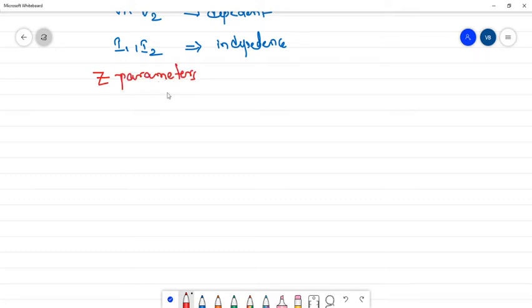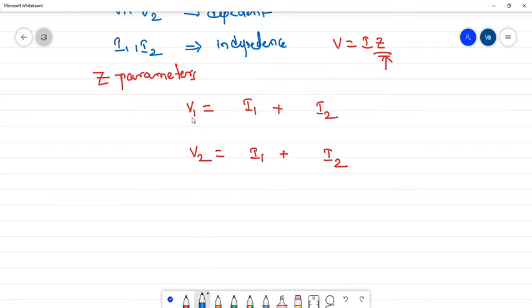So we are writing equations for two. What are the dependent variables? V1, V2. So we are writing the equations V1 and V2, and here we are having currents I1, I2, right? One current is I1 plus another current is I2. In the format of V is equals to I into Z, here I we have, Z we have to write.